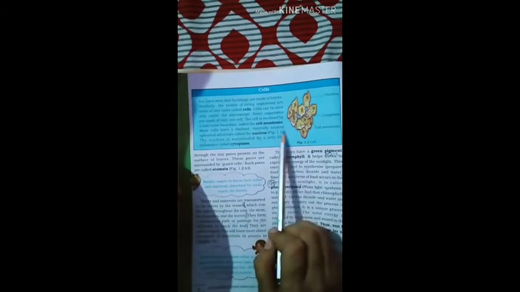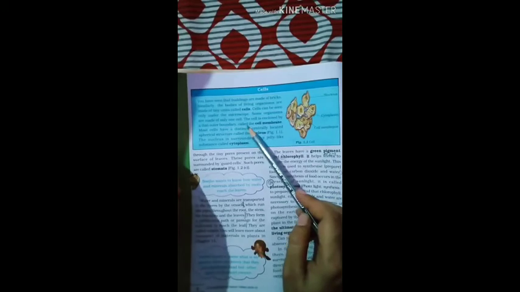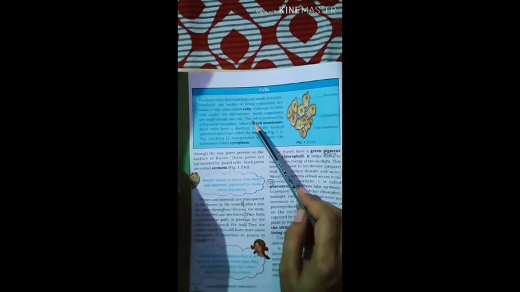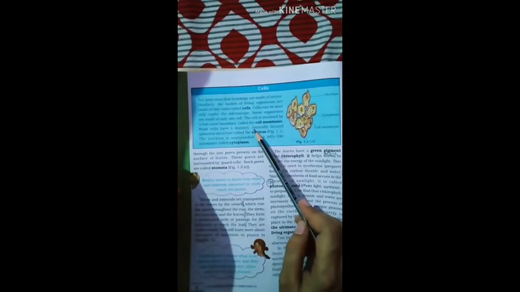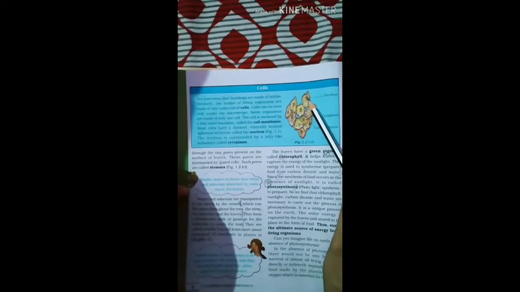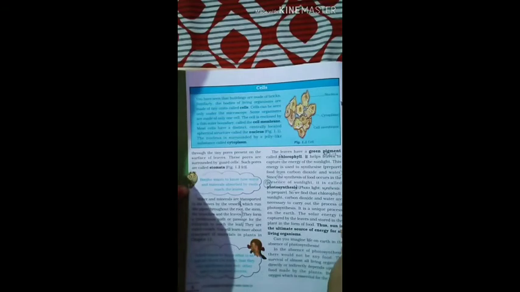So in this section we are getting very few information about the cells. That cells are the building blocks of our life. A body is manufactured, or we can say established, on very tiny parts that are known as cells. A cell is enclosed by a very thin membrane that is known as the cell membrane, and one spherical-like structure is at the middle, so it is known as the nucleus, and this is filled with jelly-like fluid that is known as cytoplasm. So they are telling you about the cells here.